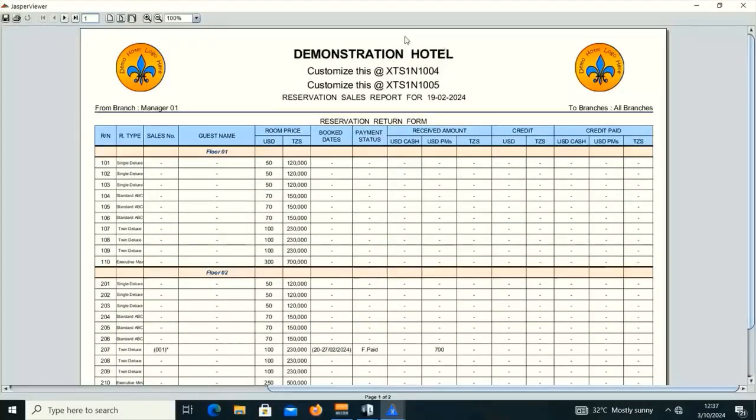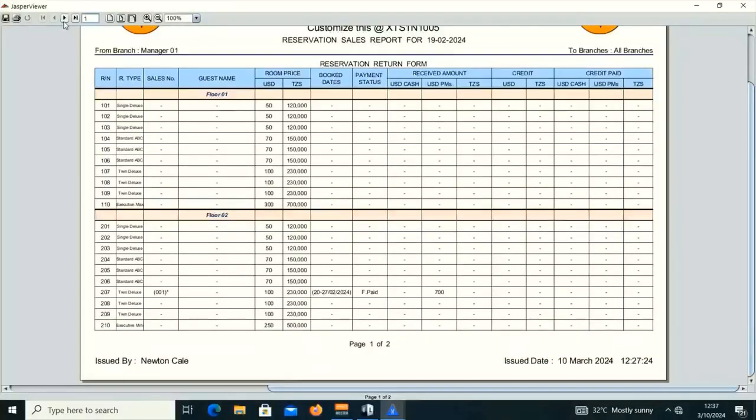Also, this is the client's hotel name that will appear right here. As I told you, this demonstration hotel is the client's hotel name. All these are customizable within the managerial package, which is this package I'm demonstrating, and these are the client's logo. Okay,